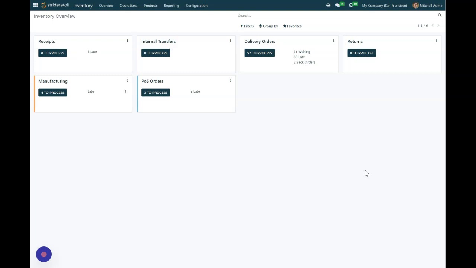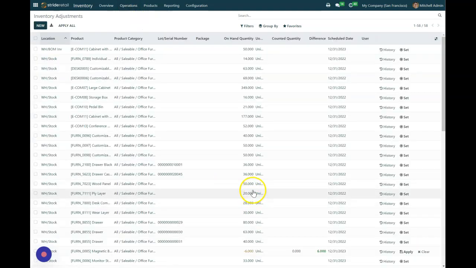So the first thing we're going to do is go to Operations in our Inventory tab, and then go to Inventory Adjustments. Now this will bring up all of your different inventory items, and you can start doing inventory adjustments right here if you wanted to, just like we've done in some of our other videos. But maybe you want to do this by a specific category or something else, and we want to do this